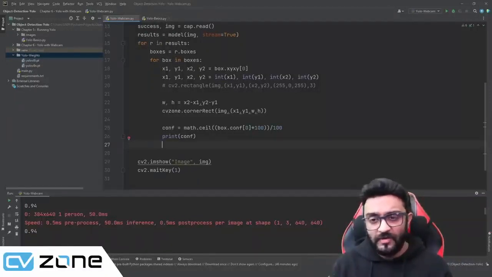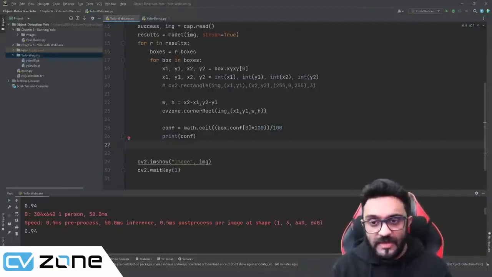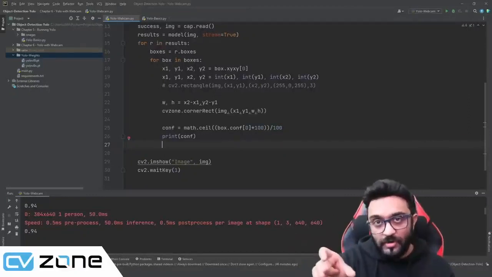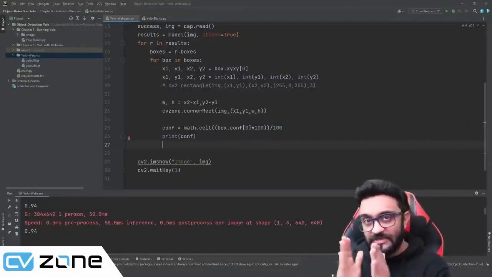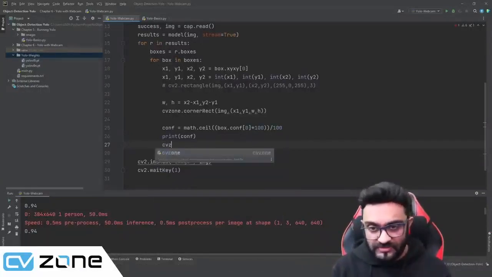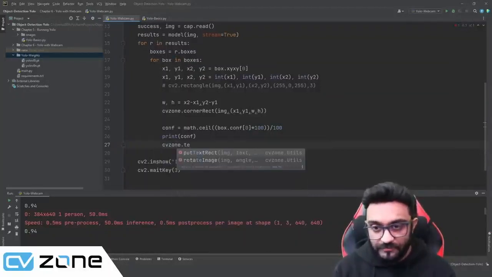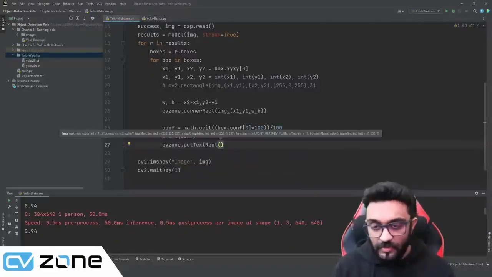Now, if we create a rectangle using OpenCV and then we put the text on it, then it won't be centered. If the text is bigger, it will move out of the box and things like that. So in order to fix that, we have a function in CVZone that will create the rectangle. It will put the text on the rectangle and it will center it based on the length of the text. And all of this is done automatically. So we can write here cvzone.putTextRect, and we are going to give in our image, and then we have to give in the